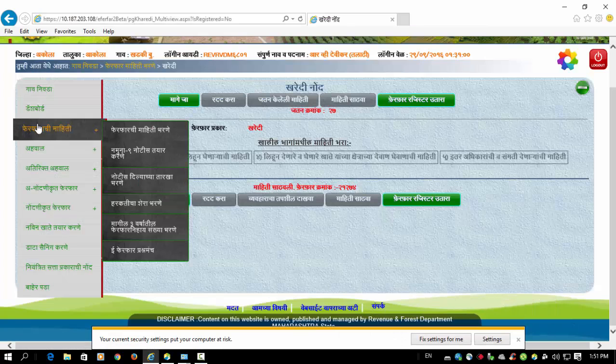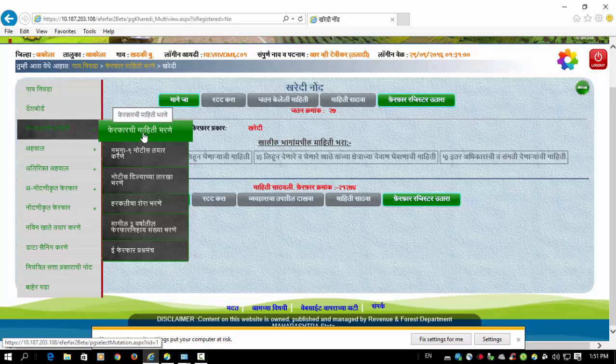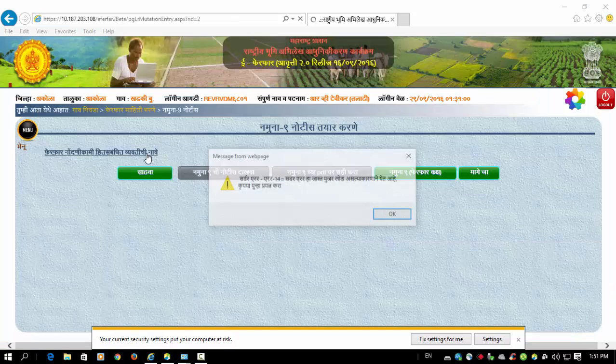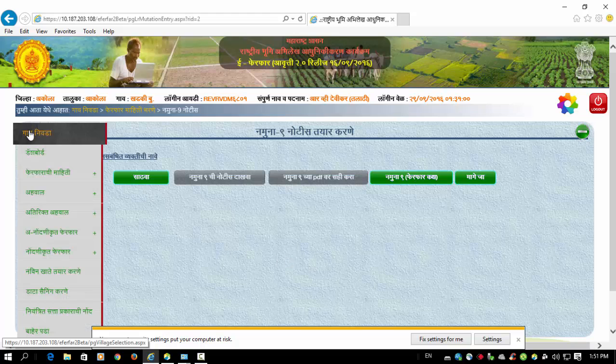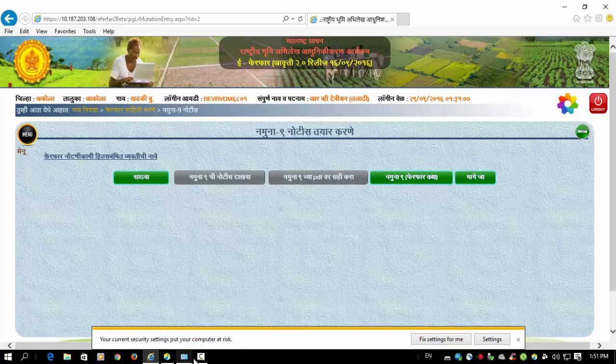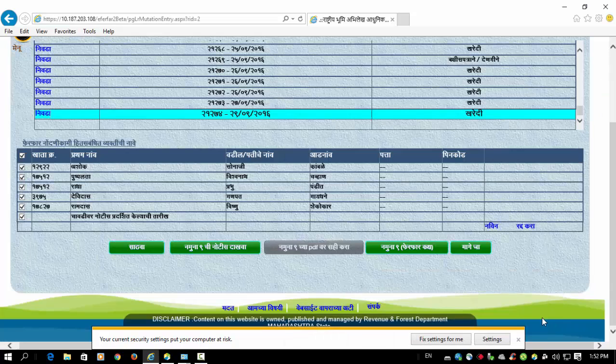Now after signing digitally, we will go for the creation of the 9 number notice, नमूना 9 नोटिस तैयार करणे. Now we select the mutation number for the creation of this 9 number notice.